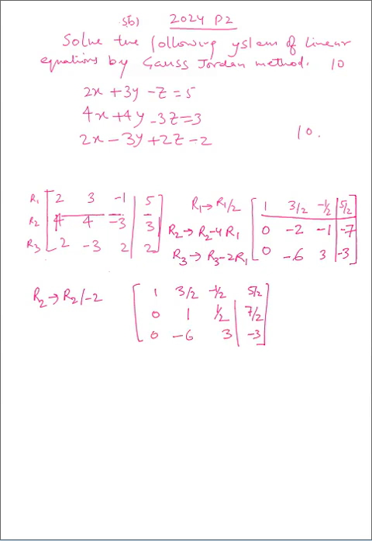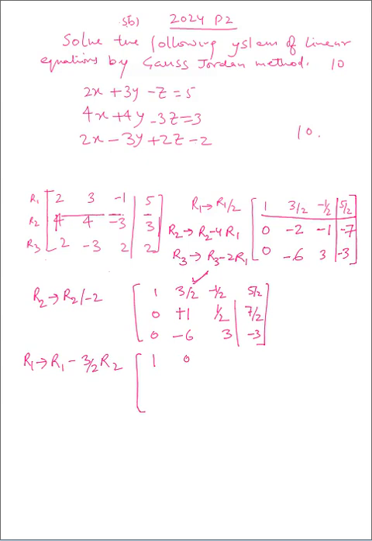Now we apply on first row. With the help of second row we will make these elements, we have to make these elements 0 basically. So we will use R2 to make this element 0. So R1 is R1 minus 3/2 R2. If we do that, this one will become 0. So this is 1 and this is minus, so this is plus 1. So this becomes R1, that is 3/2 minus 3/2. So this is 0. Then we have here minus half.